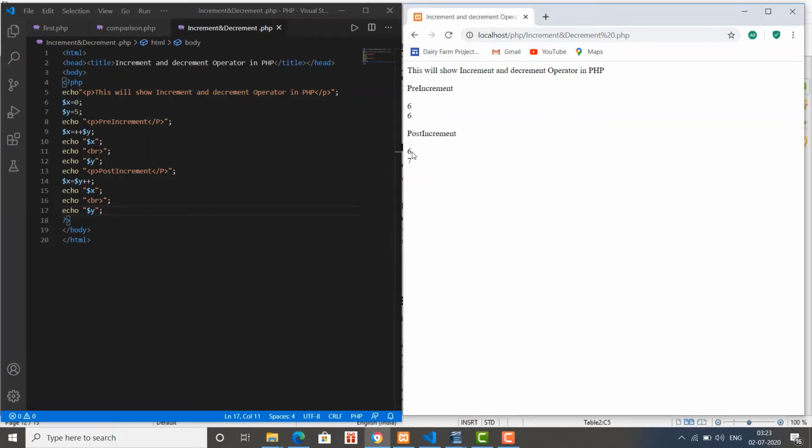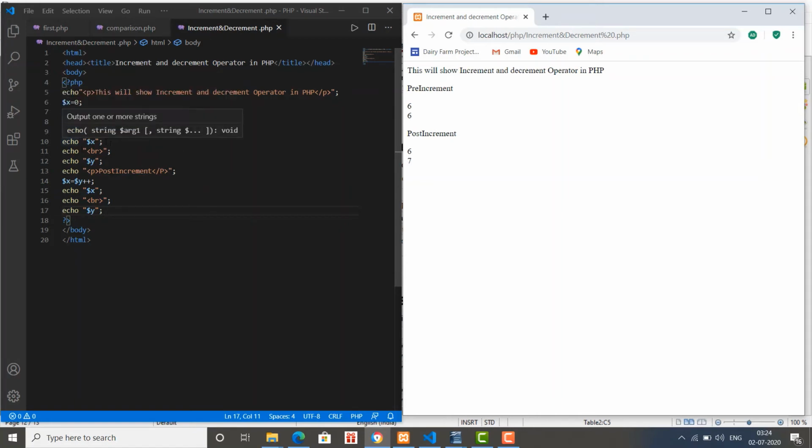In this case you will see here the value is 6 and here the value is 7. What has happened over here? Initially the value of x is equal to 0 and the value of y is equal to 5.